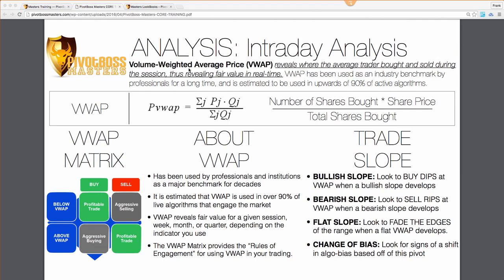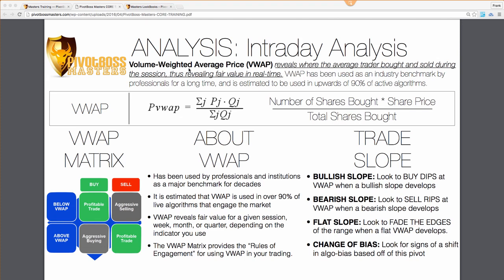So using bands, like use 1 standard deviation, 2 standard deviation as edges, or wait till it forms. That's a great question with regards to fade the edges. If you have standard deviation on there, like the Pivot Boss bands, for example, or another version of VWAP bands, then that's the best way to approach looking for fading opportunities. Because especially if you're able to quantify that it's a 1 standard deviation range or 2 standard deviation range, it helps you kind of home in on those areas where prices are likely to reject.